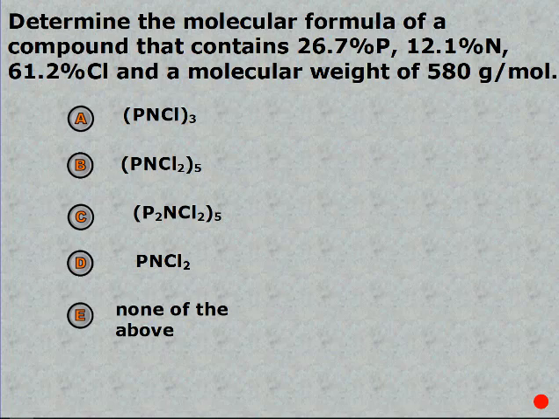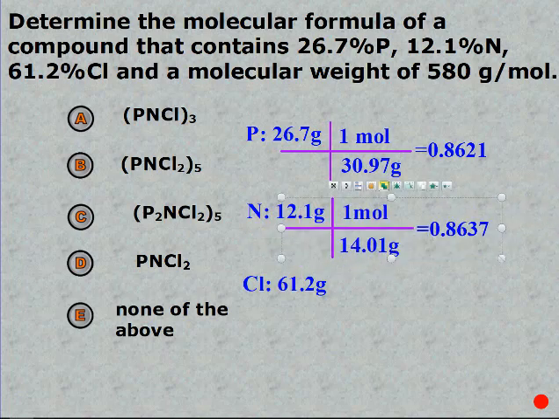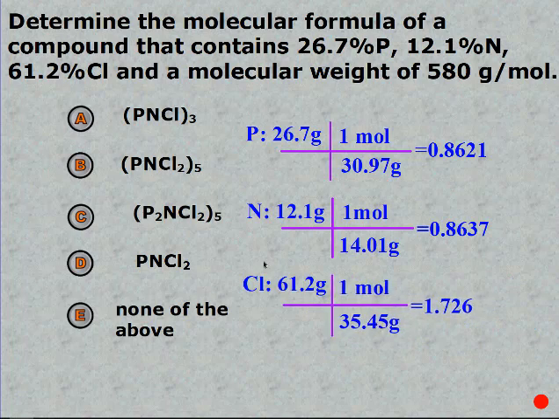So on this one, you should have gotten B. So let's see how we got that. So we have our grams of each element. You should have converted them all to moles. Be careful, again, not to put the diatomic masses in there. Then, looking at them,